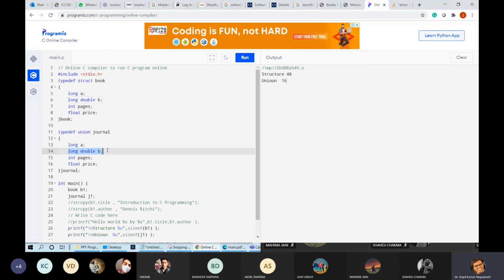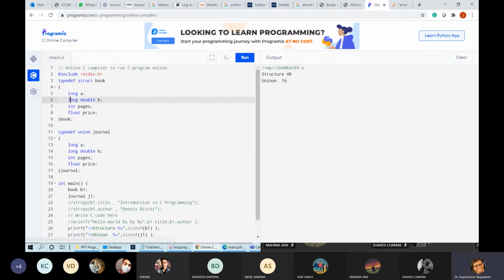So the size of long double is 16. Okay, and long is 8. 8 plus 16 is, this is 16, this is 4, this is 4, and this is 8. 8 plus 8 is 16. 16 plus 16 is 32.